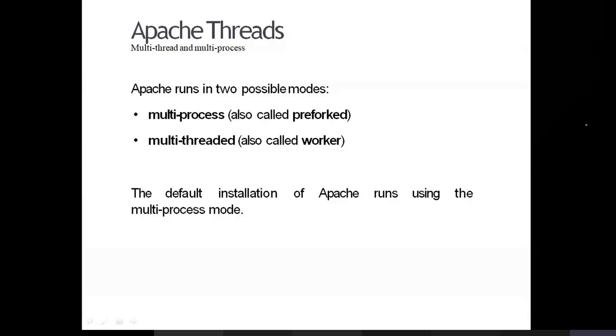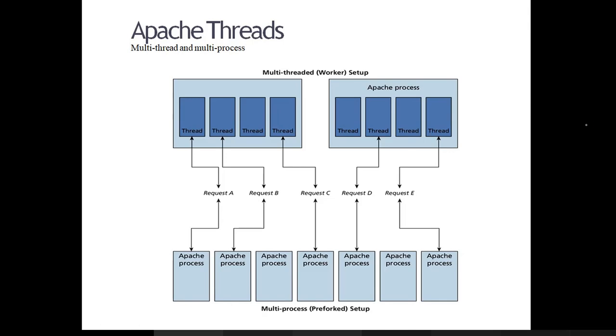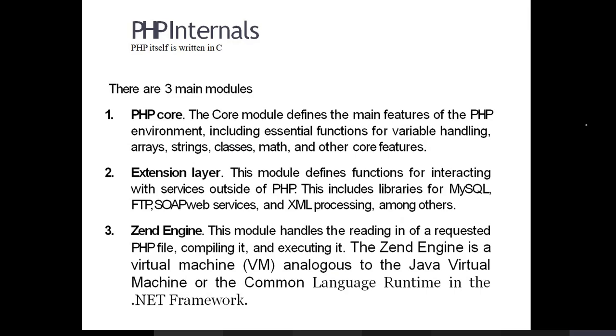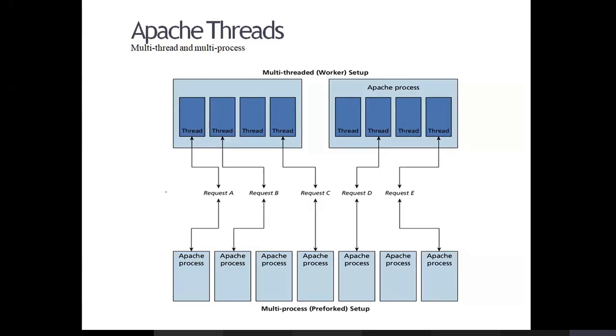Your default installation is multi-process. So what happens if it is multi-process? You can just observe, consider these two parts. This is how Apache is going to create multi-process based on the number of requests, and this is with respect to multi-thread. A thread is also called a lightweight process. You should know the advantages and disadvantages. If anybody knows, you can answer quickly: what is the use of going for multi-process or multi-thread, which is the best one, and why?